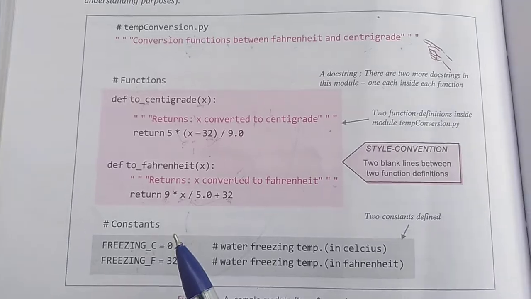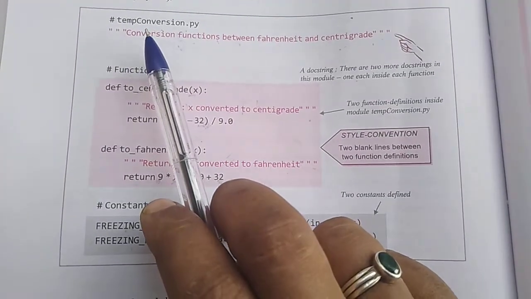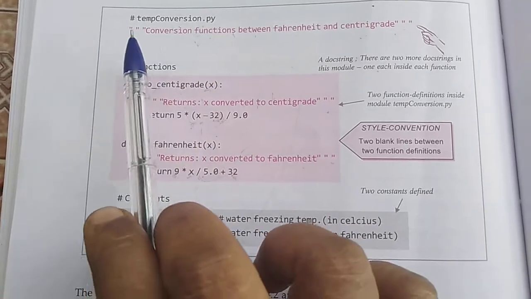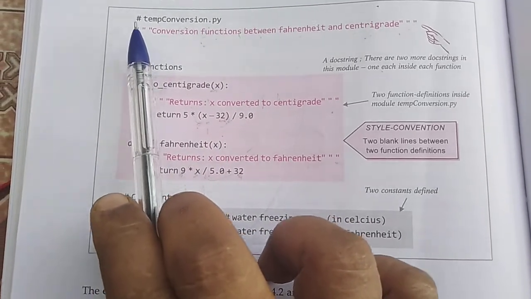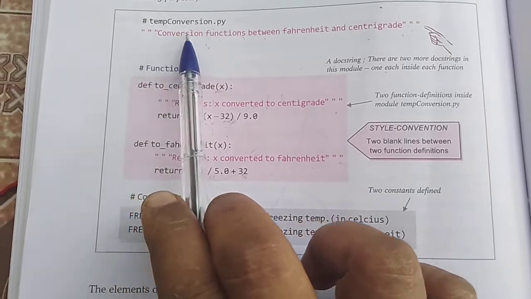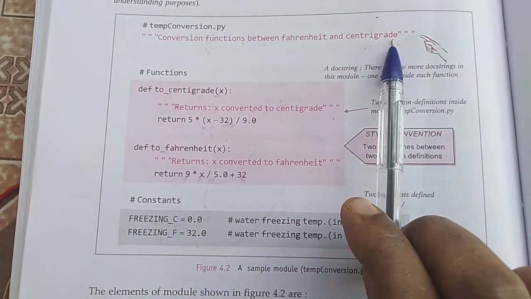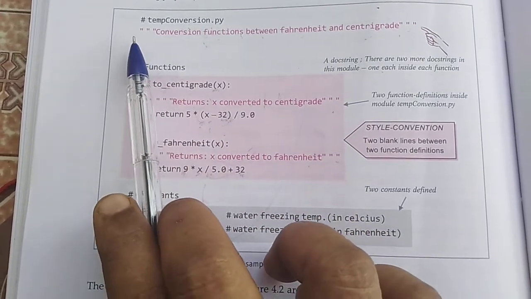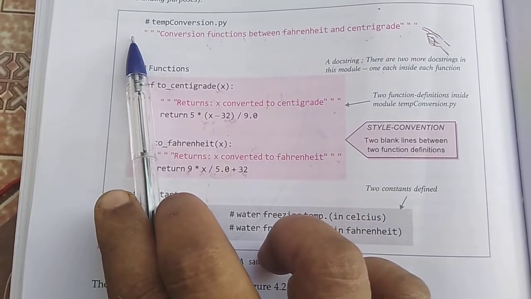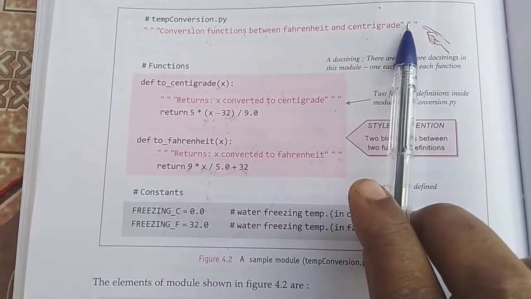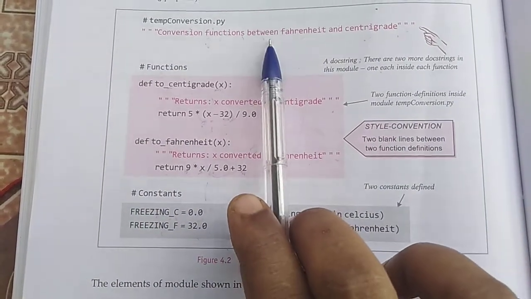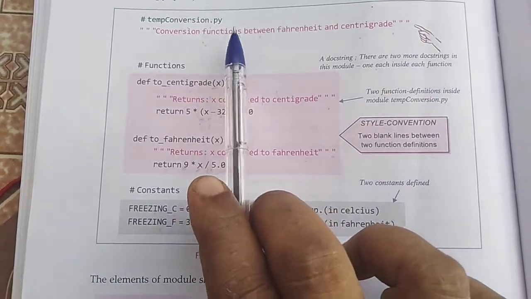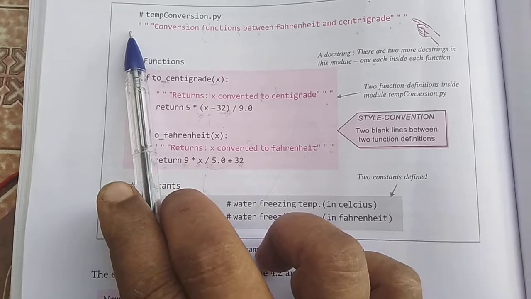See, in our book, we have one module, one Python program called tempconversion.py. So this is the program. The hash is called a comment line. Next to the comment line, we have one triple quoted string. The triple quoted string doesn't have any meaning like a print, and it is not assigned to any value. Simply a string we are using there. So it also acts as a comment in a program, which does not get executed because it is not a part of any executable statement.